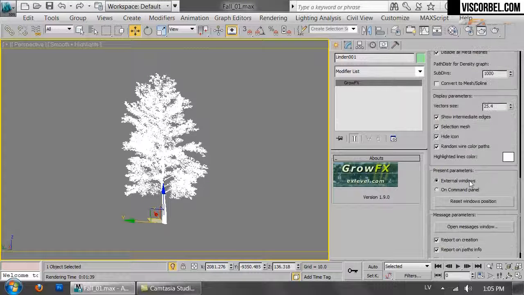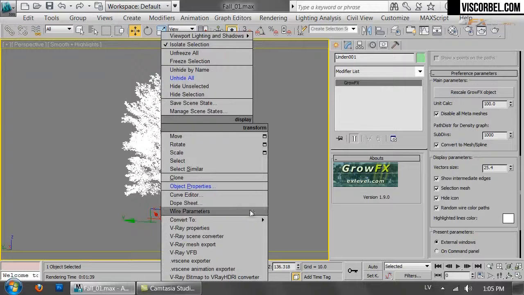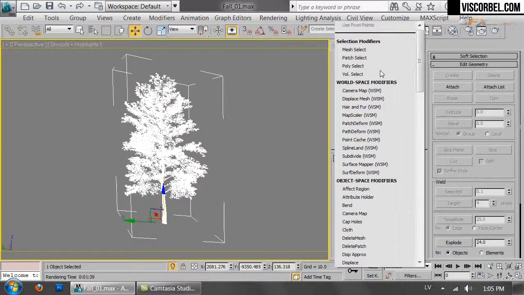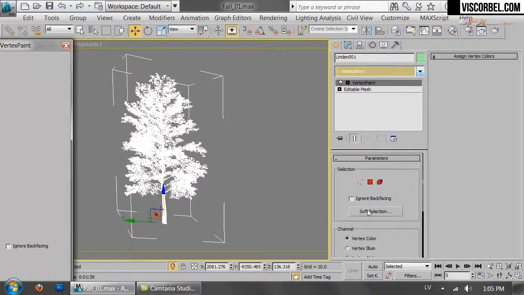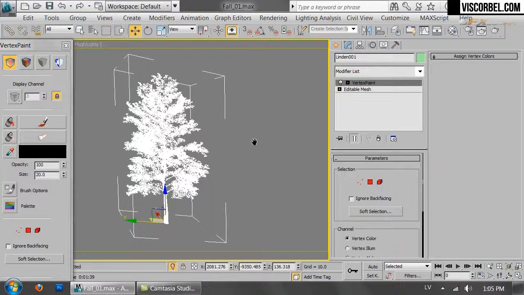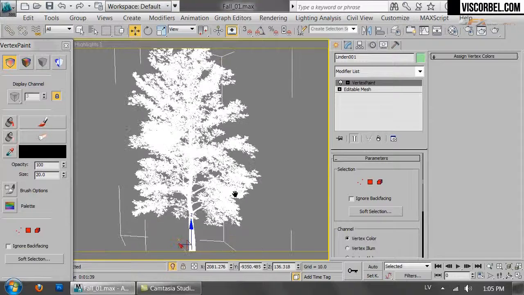Let's say I'm gonna convert it to editable mesh. And you can just as easily use the vertex paint modifier to color in some areas you want. So for example, let's say